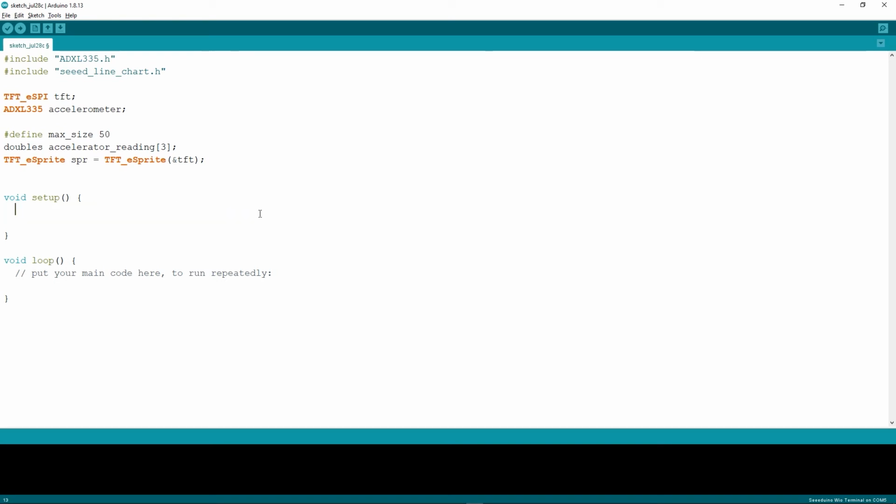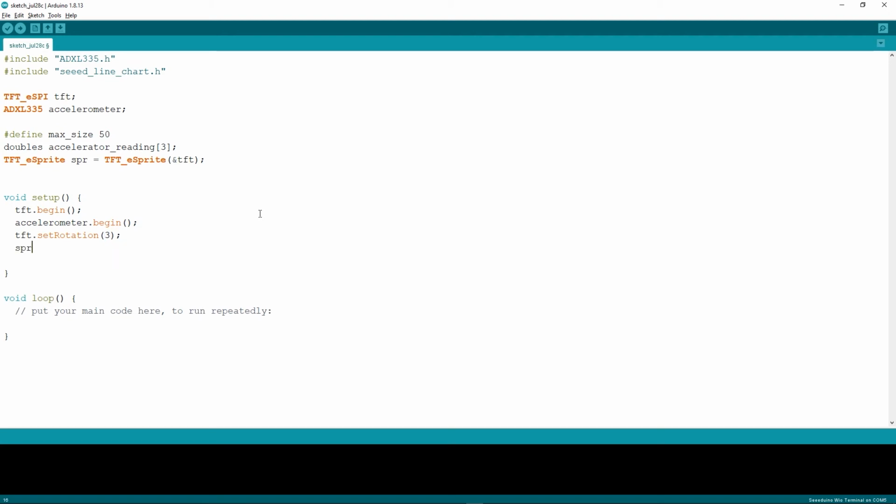So let's initialize the TFT LCD screen by writing tft.begin, and let's initialize the accelerometer with accelerometer.begin, and then let's set the rotation of the LCD screen, tft.setRotation, and set it as 3.